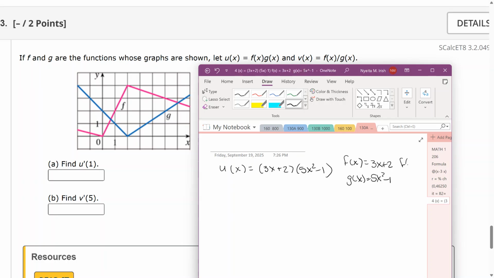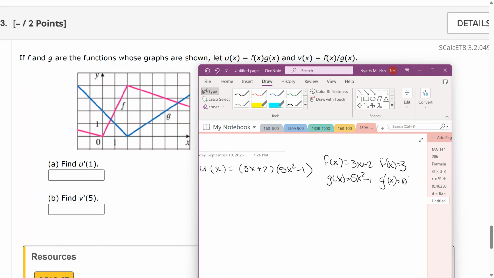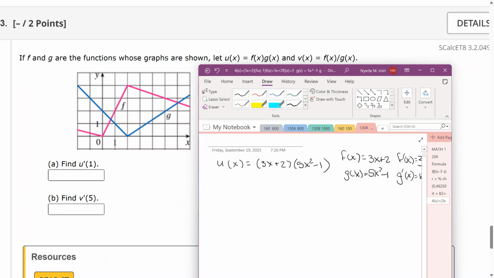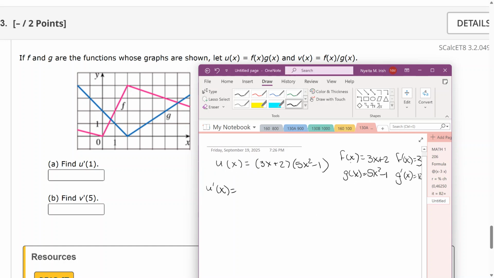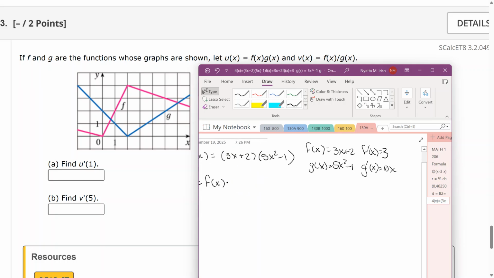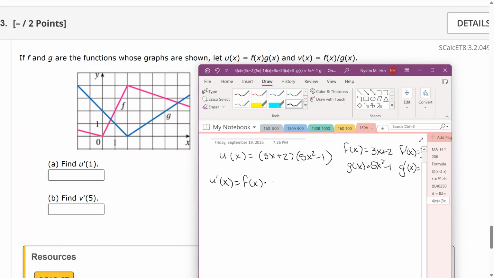Take the derivative of the first function. Take the derivative of the second function. And that would be 10x. Slide it over there a little bit. And then I would come over here and I would go, okay, well, u prime of x is the first function, but it's really not 3x plus 2, but let's just call it the first function, times the derivative of the second function would be 10x, but I'm making these functions up, so I'm just going to call it g prime of x,